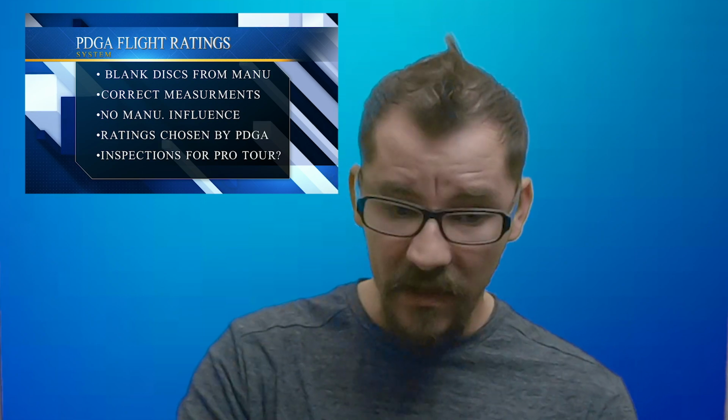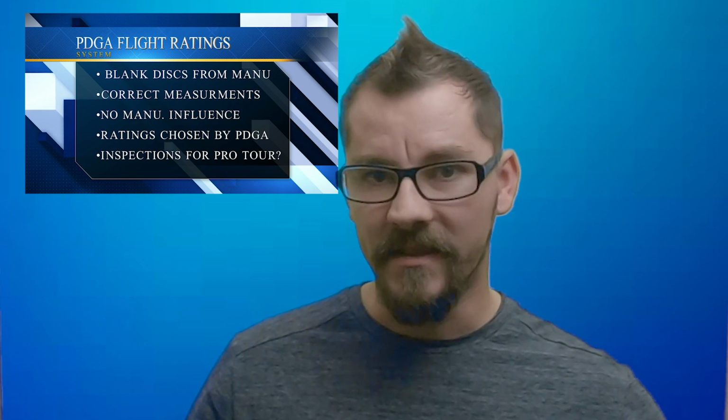It kind of is close to it, so we're going to put the same numbers on it to compete with the Destroyer, so that people will think, okay, this is their Destroyer version of a disc, instead of just having their own actual flight ratings that are close enough, but not exactly the same. I don't know how all that would work, but I think that there should be a fair way